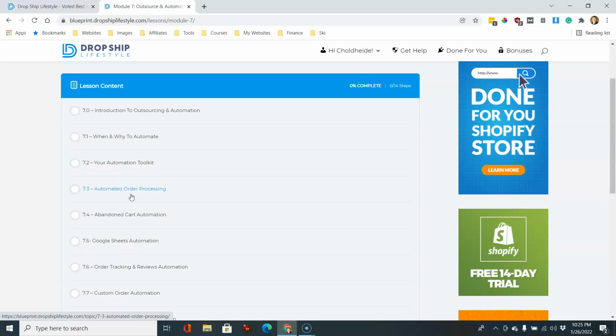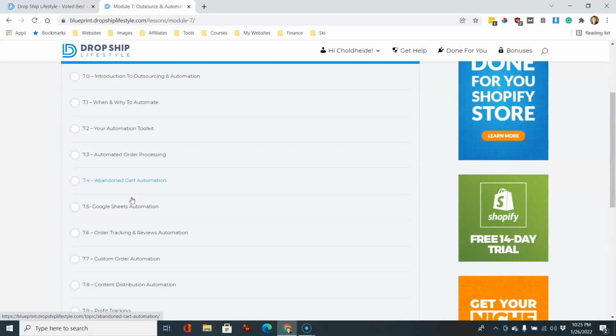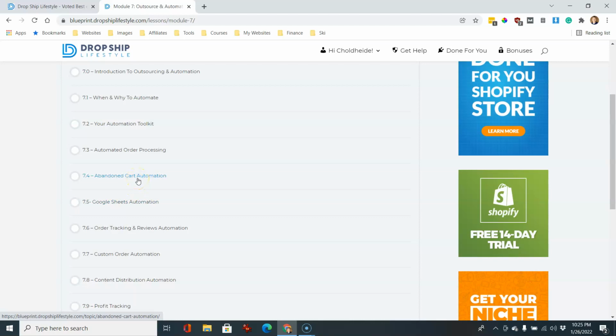It sends an email to that supplier and says, hey, order this product, charge my card. And pretty simple, pretty cool. And it will basically take that little bit of work off your hands so you can focus on more important things. And then it'll show you how to set up abandoned cart automations, Google Sheets automations, to track your stuff,